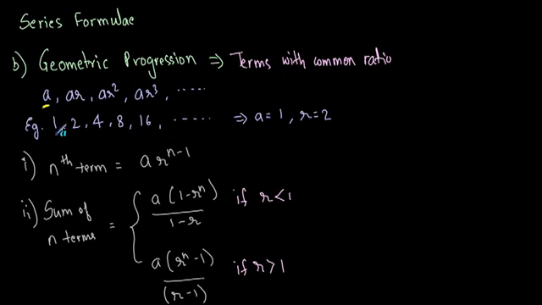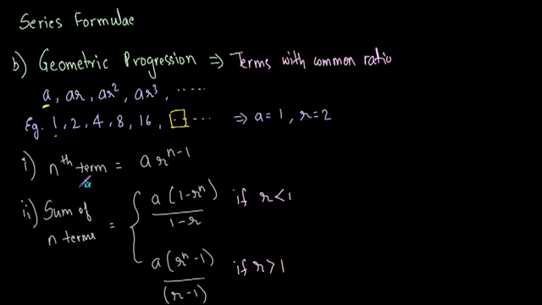This example 1, 2, 4, 8, 16 is an example of a geometric progression. The first term a is 1 and the ratio is 2. To get the second term, multiply the first term with the ratio. So 1 into 2 is 2, which again multiplied by 2 yields the third term, which is 4, and so on. If you have to find the nth term, let's say the sixth term in this example, where we have 5 terms,